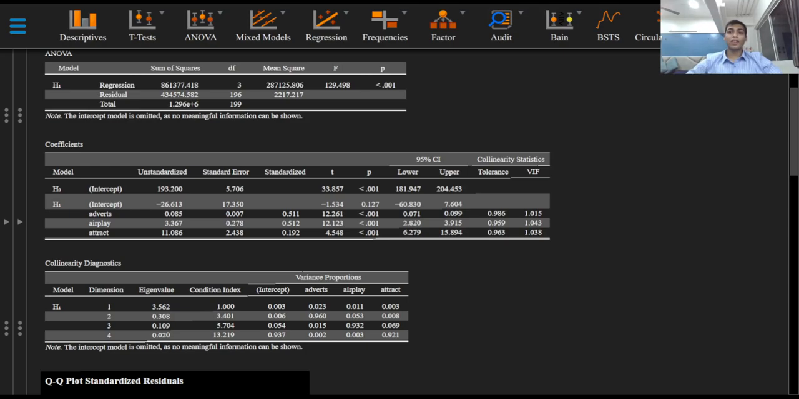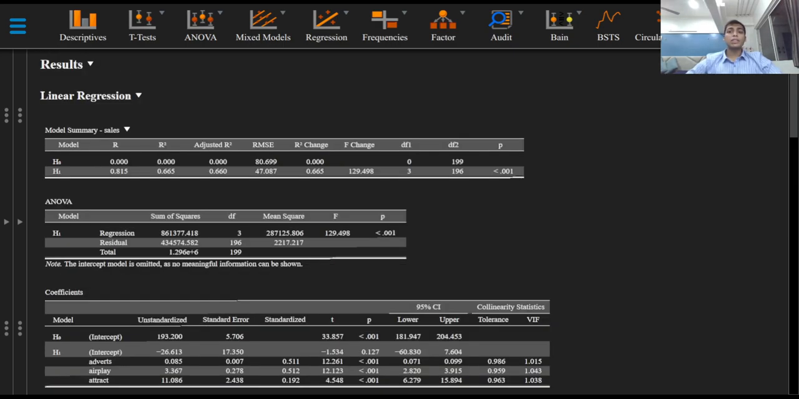Greetings everyone, and welcome to this video on output for multiple linear regression in JASP. As stated in the previous video, we will not be using the stepwise methods for multiple regression, but the first